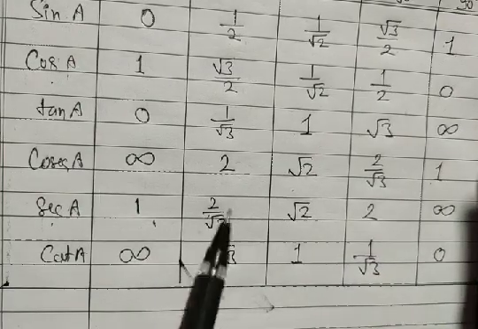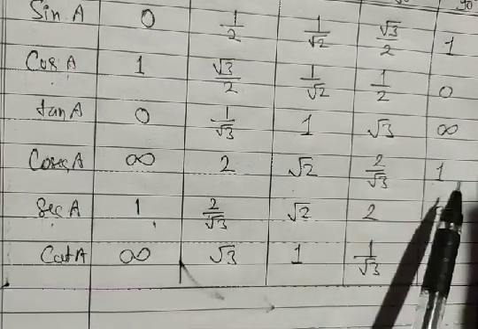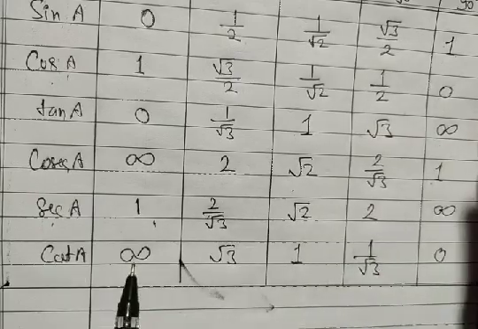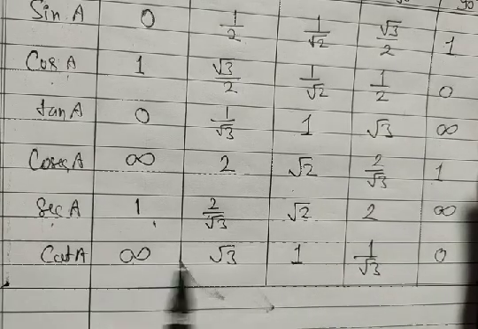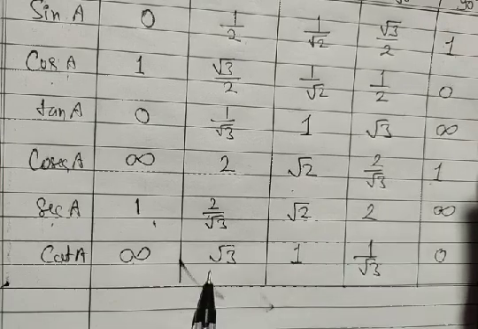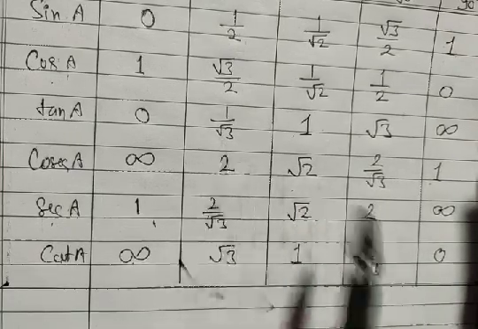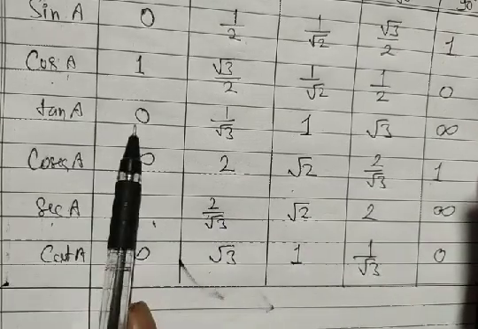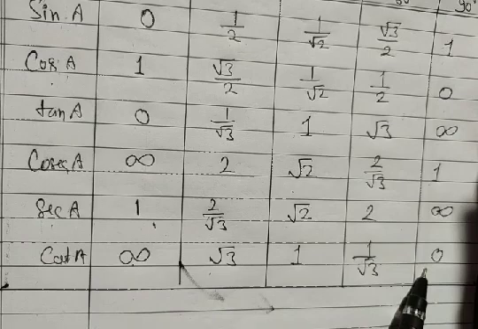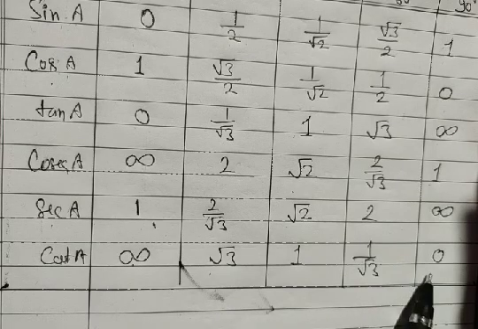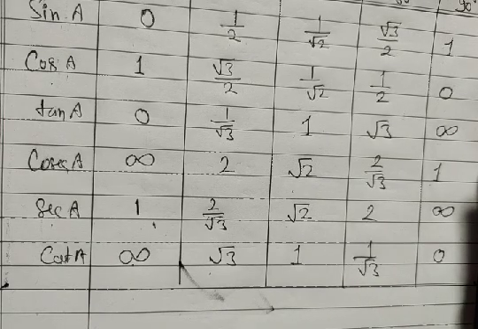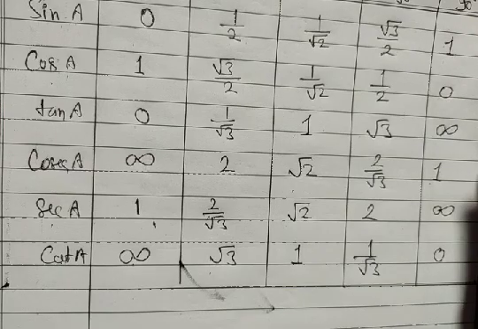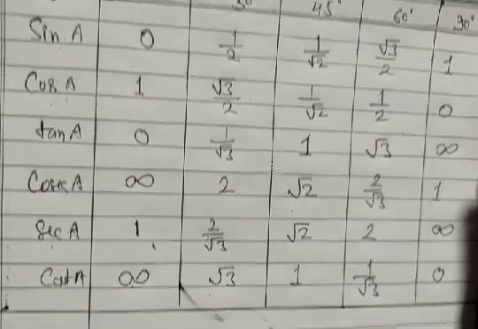Now look, what we see here. Here is infinity for tan 90, and here is cot at 0 as infinity. Here is root 3 at 60, and here we get root 3, 1 is to 1, then 1 by root 3, and here we get 0. We will discuss in our further classes that sine and cos, tan and cot, and cosec and sec are complementary to each other. We can also verify this easily from our special angle chart.